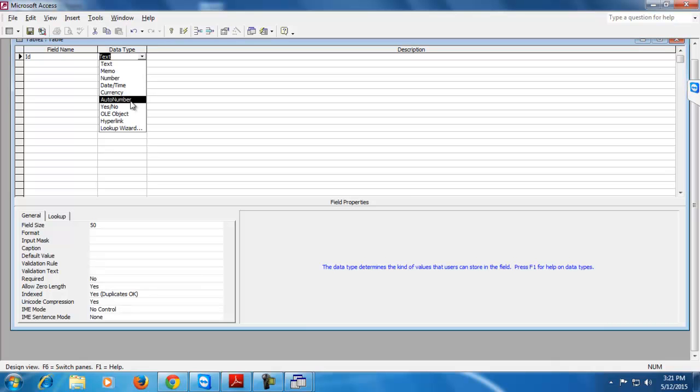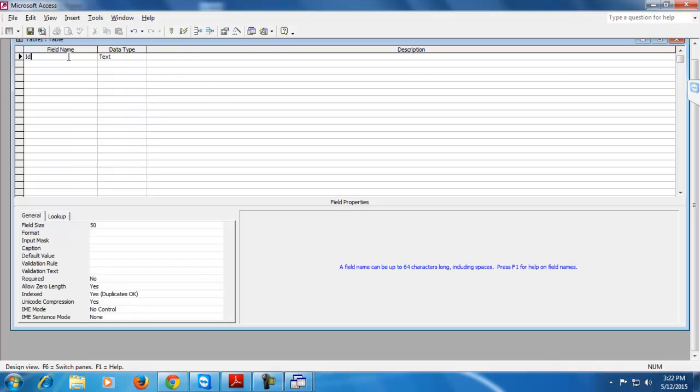Then Yes/No, the fields that store the result either as yes or no. Object Linking and Embedding, it means if you want to link another object or another file with your MS Access file, then you can select OLE. Then Hyperlink. Hyperlink is used for linking the files, and Lookup Wizard for searching purposes.